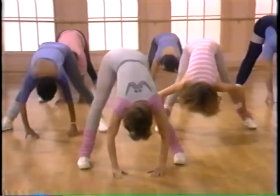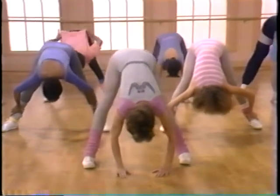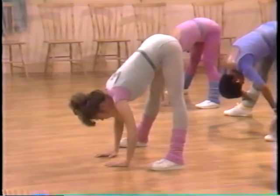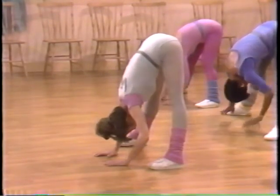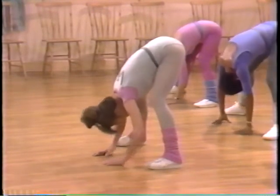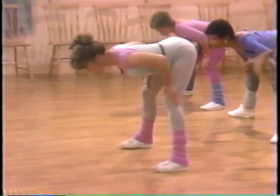And hips to the right, left, right, and left. Feel the stretch in the inner thighs. Now stretch down to the center, stretch it out, crown of the head reaching to the floor. Now bend the knees, put your hands above your knees, round up, create a flat back,